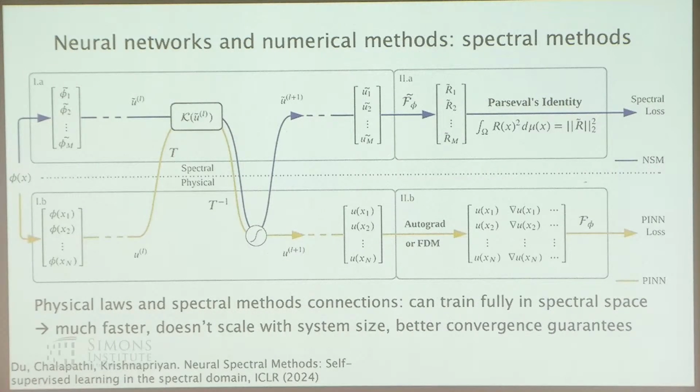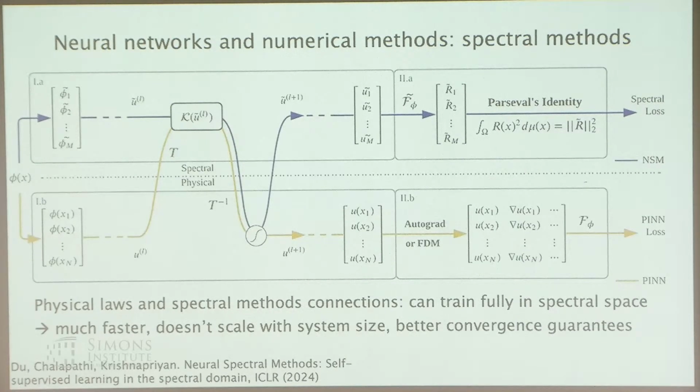Very last thing I'll talk about is one more flavor of neural networks and numerical methods. I think some of that was touched upon in the questions. Oh, sounds good. Yeah. So spectral methods, I think, also came up here, where you can do some type of basis set expansion on your problem. And that's going to give you some type of spectral space solution, or it's going to give you information about this system purely in a lifted spectral domain.